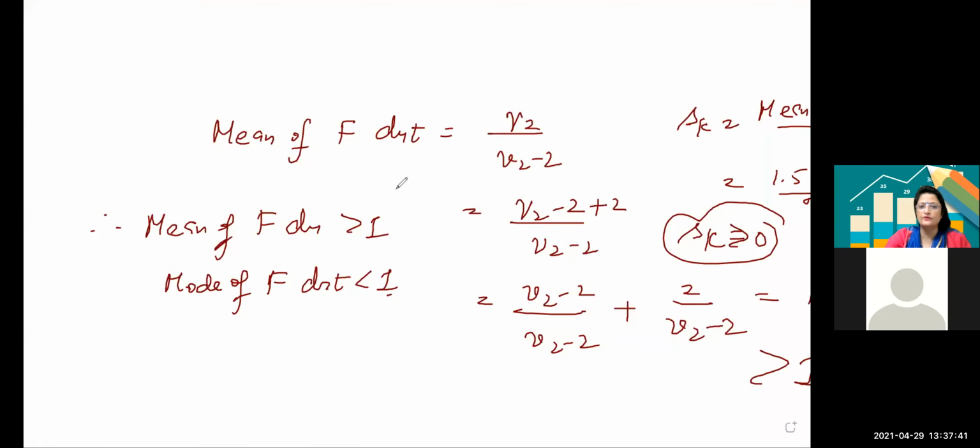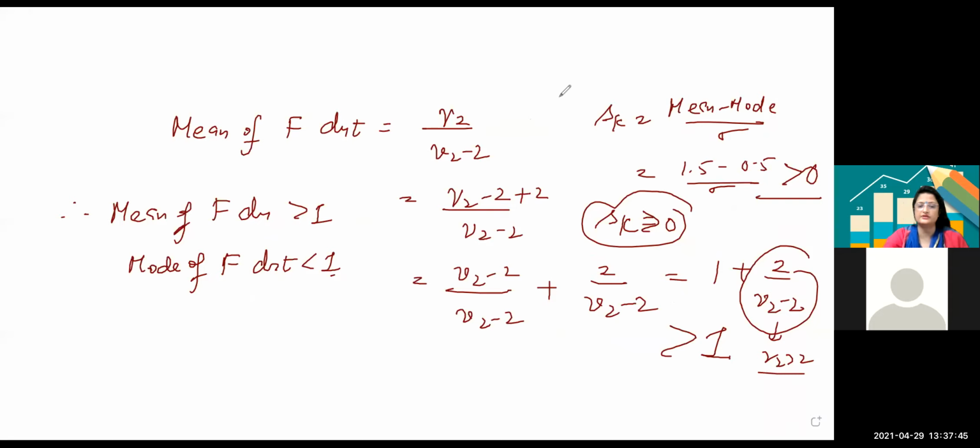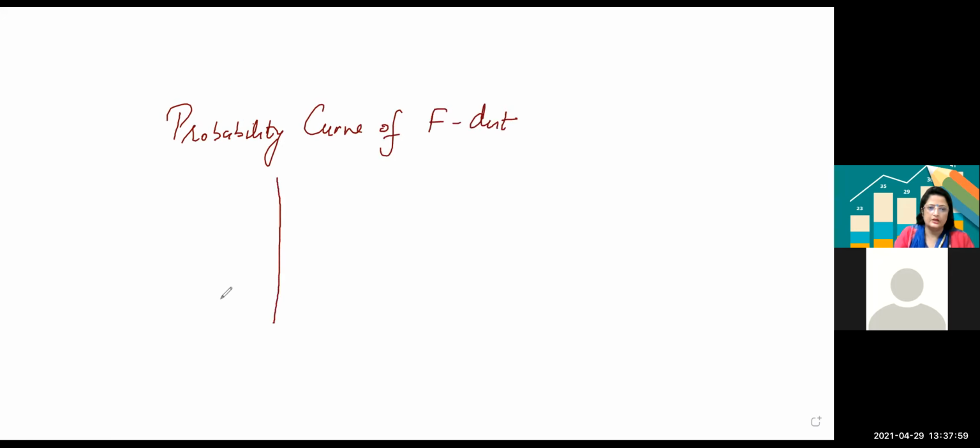That is how you will make the curve of F distribution. So write the probability curve of F distribution. हमें डोमेन बता दी क्या है, 0 से लेके infinity, क्योंकि positively,